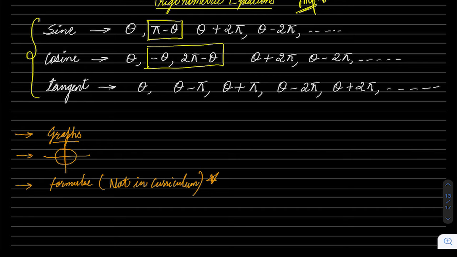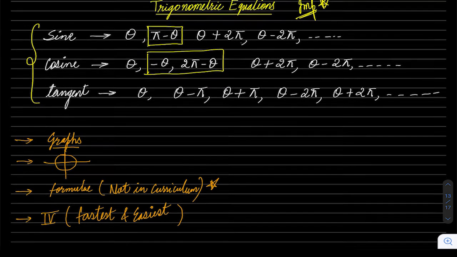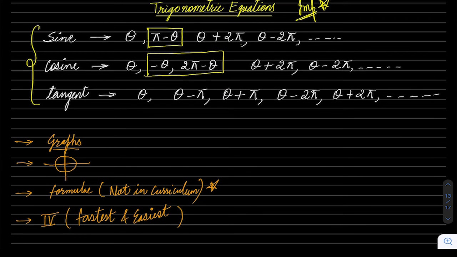Now, the fourth method. This fourth method I have invented myself based on my experience and my knowledge. I have developed a method which is the fastest and, most important, the easiest, so that everyone can learn this chapter, because I know some students find this chapter very difficult. They get confused quite often. Once you learn this fourth method that we are going to do today, you will never be confused again in trigonometric equations. So let's get started with one question and then we will move forward.